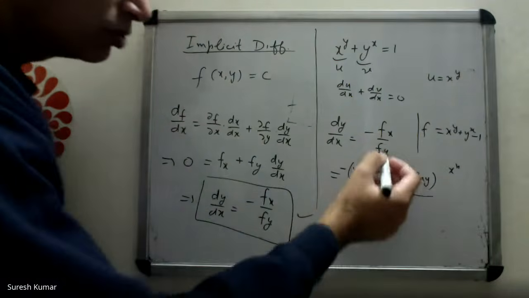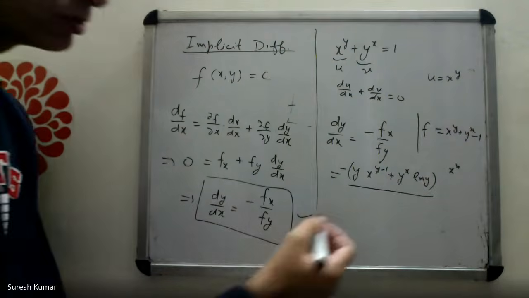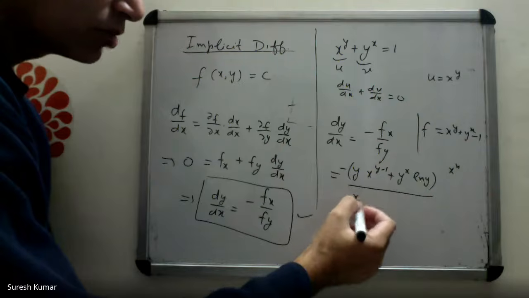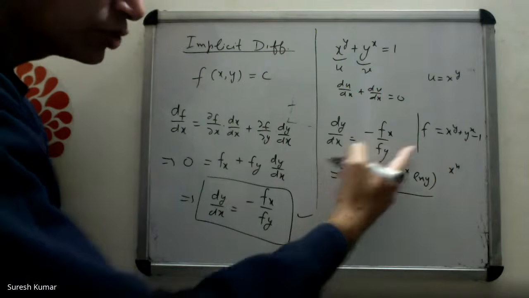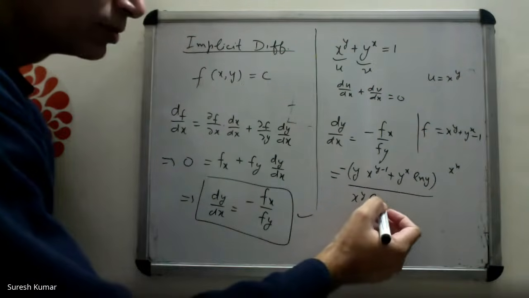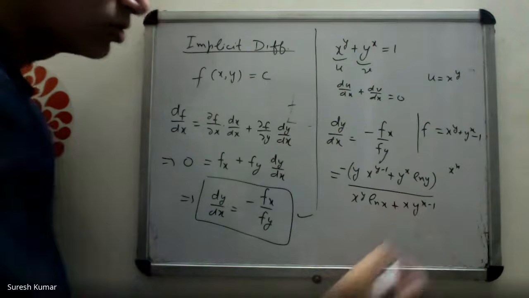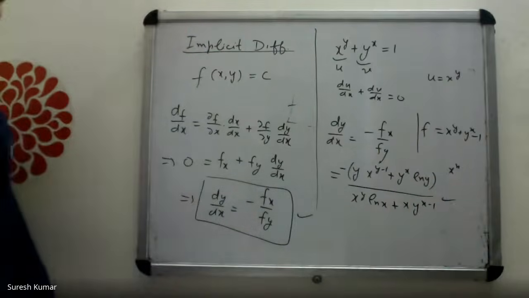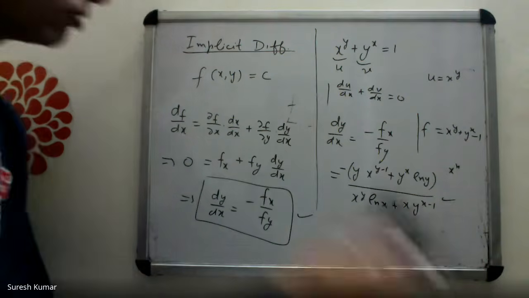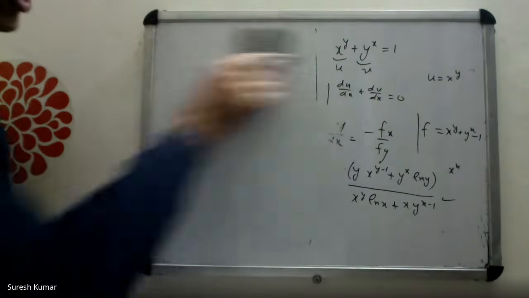In the same way you can do the derivative of f with respect to y, the partial derivative with respect to y. So what do we get? x power y ln x. This time you will treat x as constant. So x power y ln x plus x times y power x minus 1. You see, within a single step you have written the answer, but there you did many steps to get to this answer. Okay, so you should know this formula for dy by dx from an implicit relation in x and y.